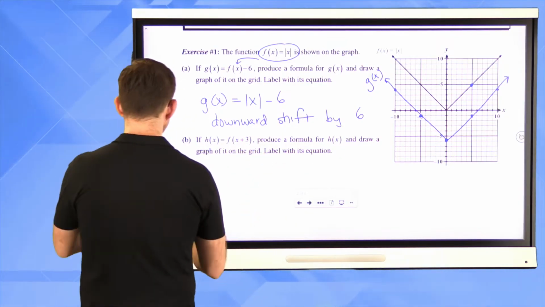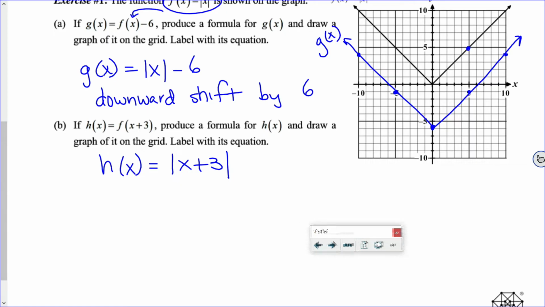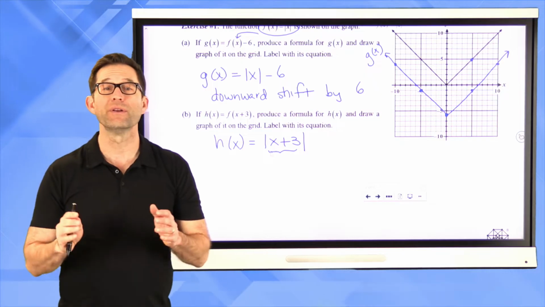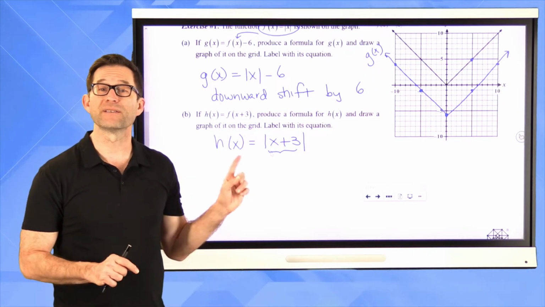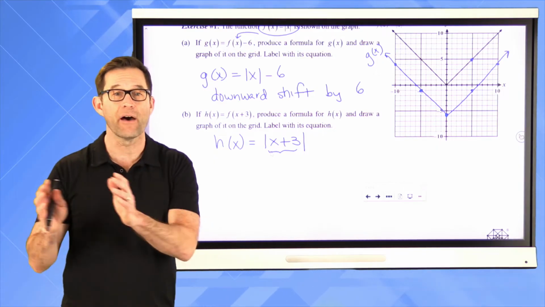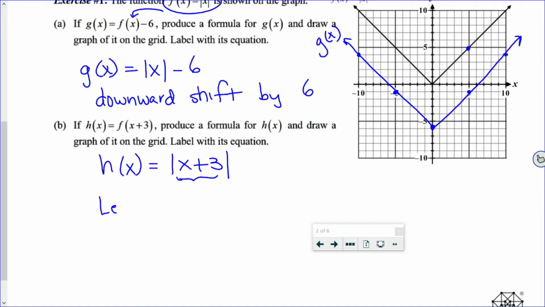So in this case, again, coming up with the formula, h of x will be the absolute value of x plus 3. Now remember, because I'm adding directly to the x before I do anything else, it's now going to shift it horizontally. And because I'm adding 3 directly to the x, it's going to shift it to the left 3 units, right? So we're going to have a leftward